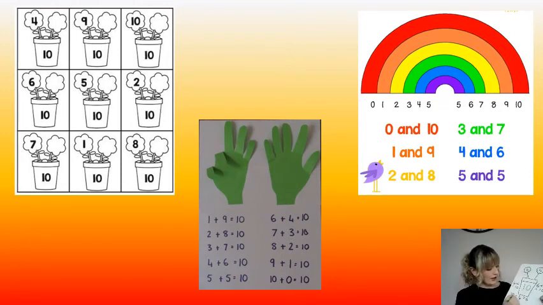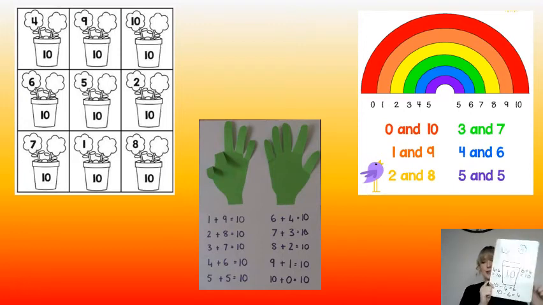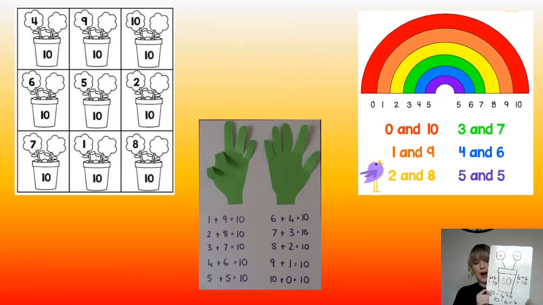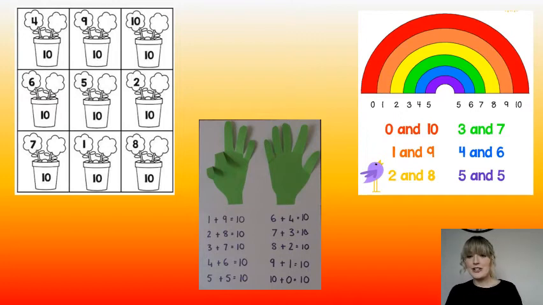And if I took away the 6, how many would I have left? It would be 4. So you can do something like this and you can colour them in and get a bit creative with them and practice your number bonds. Or if you'd like to do the rainbow activity, you could draw a rainbow and you could do the number